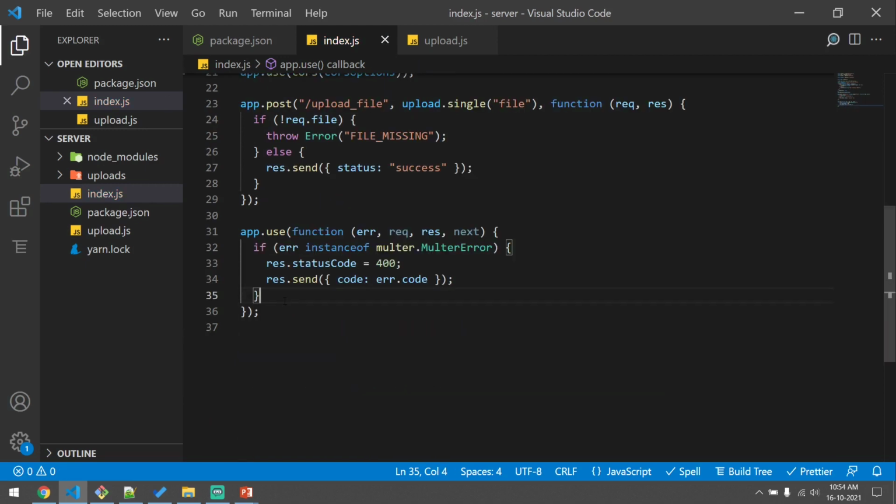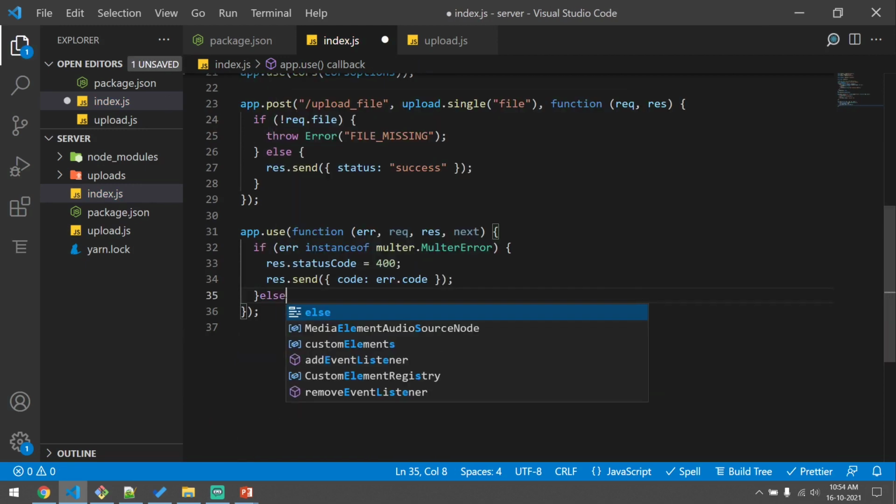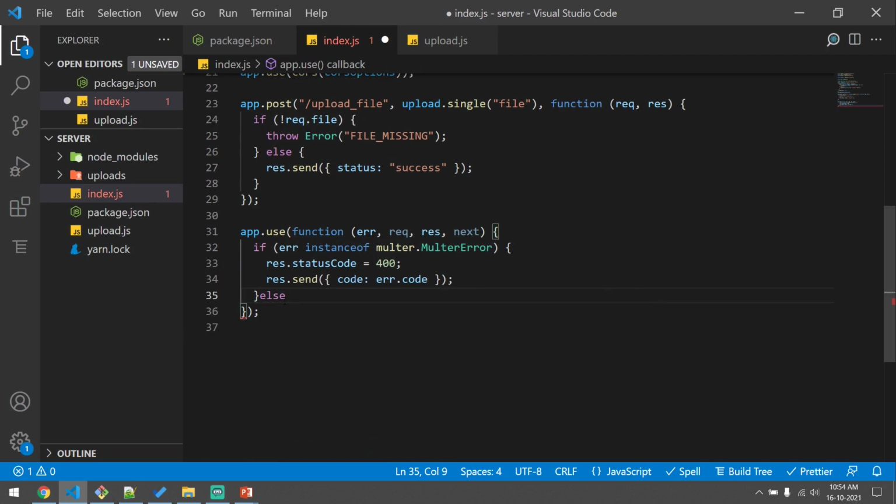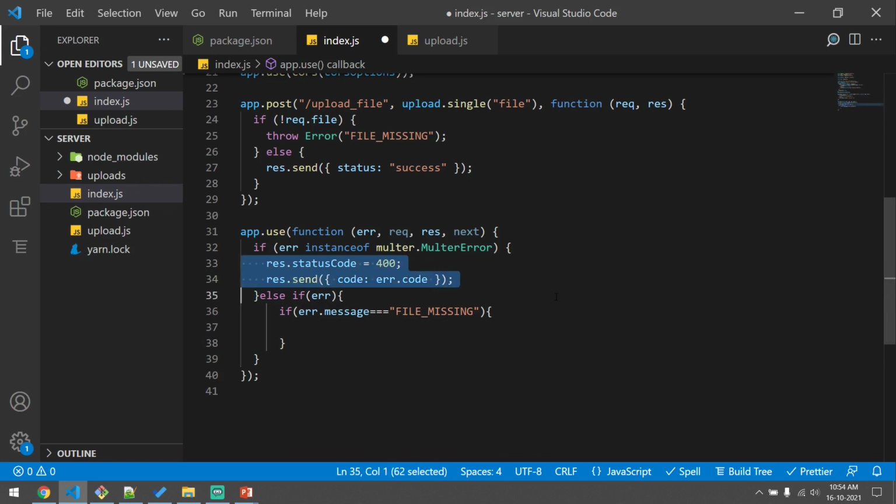If it is any other error from the MulterError, we will pass our custom error codes. We'll check if it is the error passed here, that is file missing. We can check that by doing error.message equal to file missing. If that is the error, then we will just pass it again in the similar fashion.